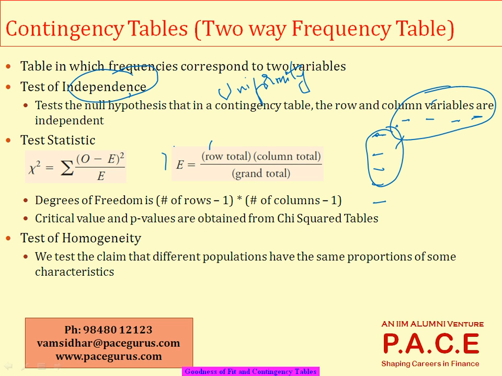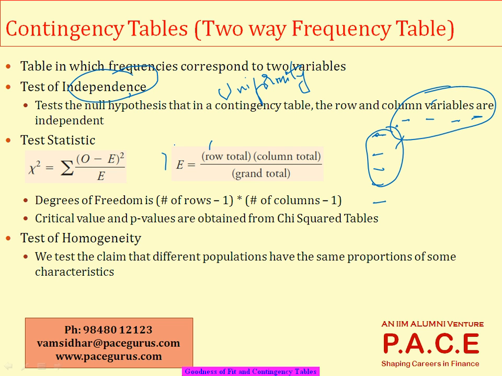Then it becomes a one variable analysis. Probably there, if I am getting 10% of highly satisfied customers, 30% of moderately satisfied customers, something like that, then I can resort to my goodness of fit approach, which I have discussed in the earlier slide, because it is only one variable analysis. If I want the proportion of the people under each of the categories, then I can use a goodness of fit approach. But here I am not interested in one variable. I am interested in taking two variables together and observing, is there any kind of dependency across these two variables,